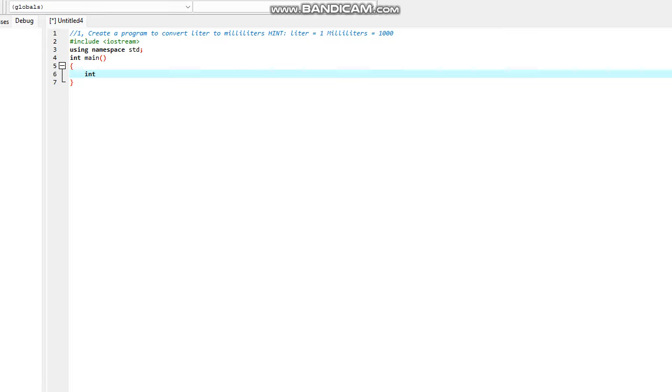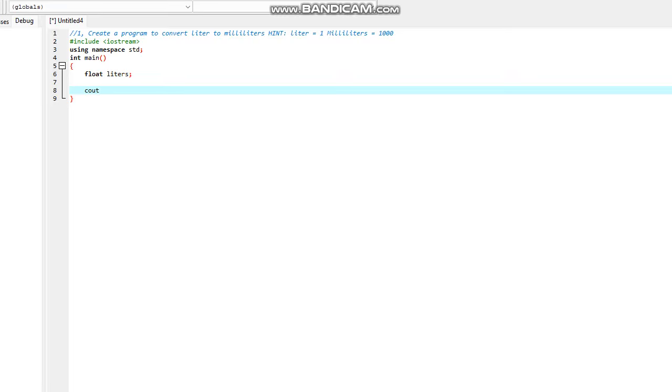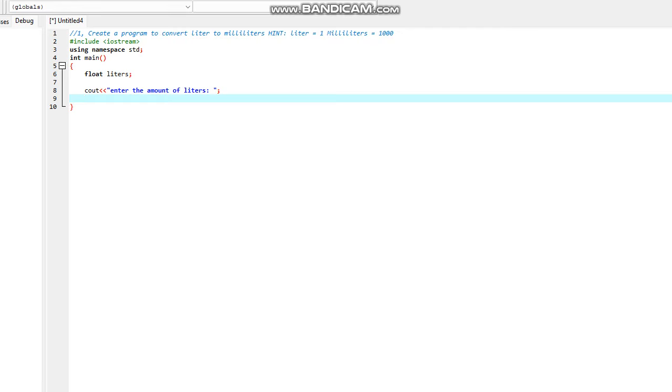Int cannot read decimal numbers. Int can only read whole numbers, so we will use float. float liters; then cout, this is the output, then left shift, then the string output "Enter the amount of liters: "; then the next line is cin, then right shift, so the input is liters;